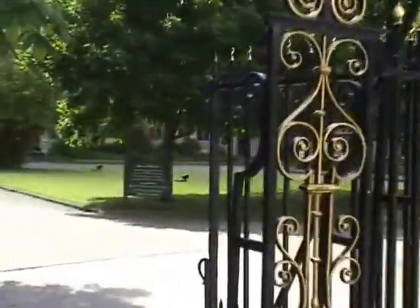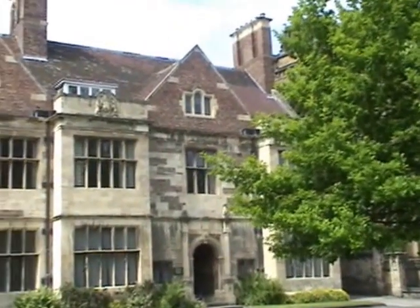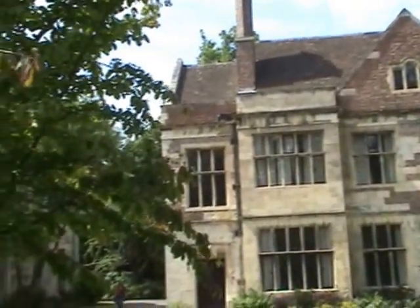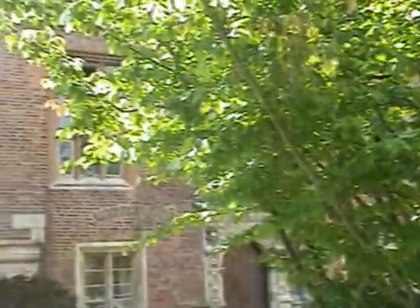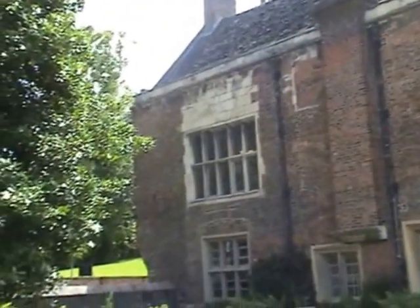Well, we're just about to walk in now and have a look around. This is called the King's Manor. I would say that's probably the older part of the manor. That's probably where the kings would have stayed. And around here is the newer part, I would say. See, it's all red brick. It's all quite early. Elizabethan or...